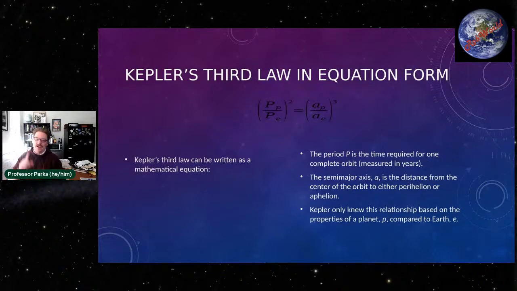In actual fact, Kepler's formulation was a ratio, where he stated that the period of the planet with respect to the period of the Earth squared is equal to the semi-major axis of the planet to the semi-major axis of the Earth cubed. So what that ultimately means